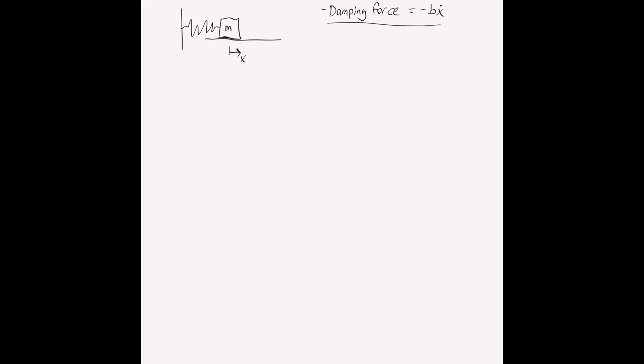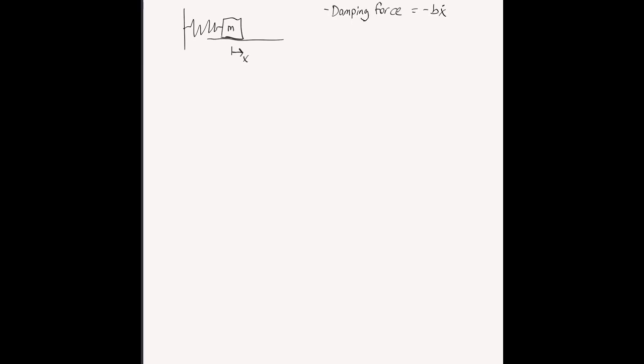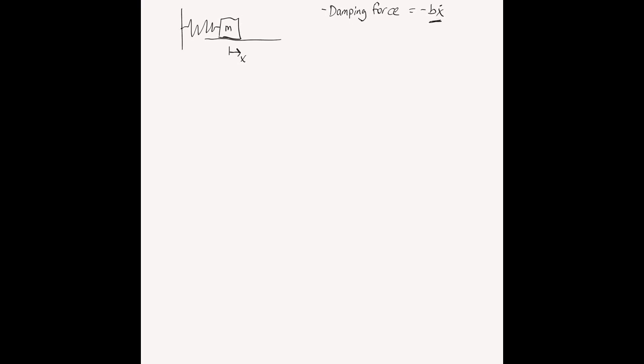The second force is the damping force. Just a little notational point here. As a reminder, x dot is the same thing as writing dx dt. Instead of prime, we use dots for specifically derivatives with respect to time. So x dot, which is dx dt, also has a force in the damping case. This is a force that points opposite the velocity. It's negative b x dot. The magnitude is b times x dot, and the negative sign indicates that it points opposite